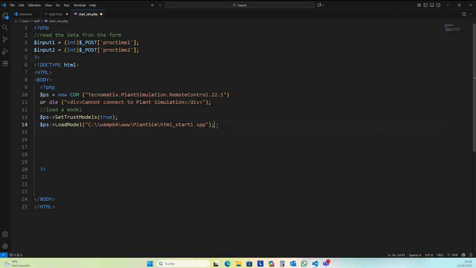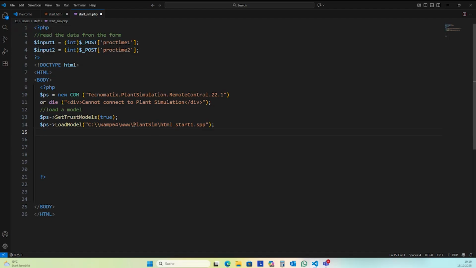It's quite difficult. You need to set the right rights at the server so that Plant Simulation can access this file. You need to be careful, you need to grant access to this file at the web server. Normally you cannot. You have some secured areas at the web servers where you can place these files.